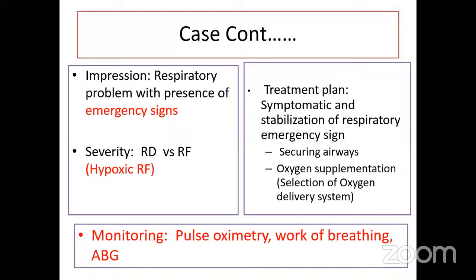Securing airways is therefore important. Oxygen supplementation, selection, and then selection of the oxygen delivery device. किस चीज से ऑक्सीजन सही से दे सकते हैं, ना ज्यादा जरूरत, ना जरूरत से ज्यादा दें, ना कम दें, ये इम्पोर्टेंट है। And then our monitoring, कि हम क्या इफेक्ट हो रहा है: पल्स ऑक्सीमेट्री और वर्क ऑफ ब्रीदिंग क्लिनिकली, और आर्टीरियल ब्लड गैसेस, ये 3 टूल्स हमारे पास रहते हैं कि हम इनको मॉनिटर कर सकें कि हमारी ऑक्सीजन